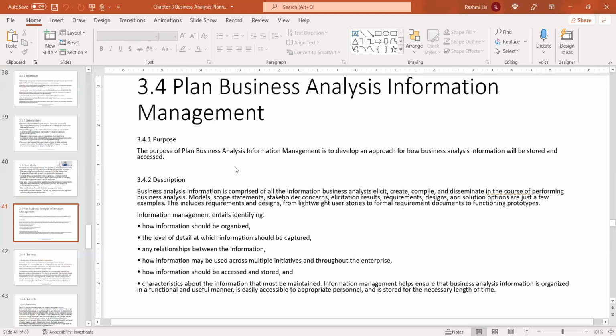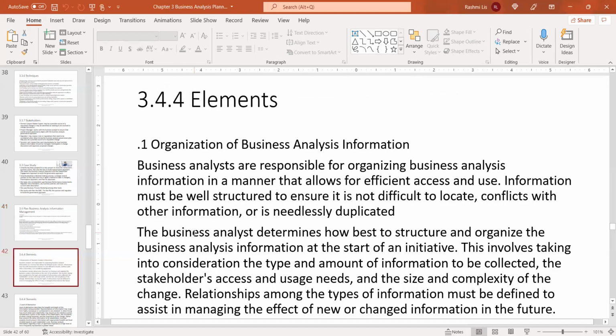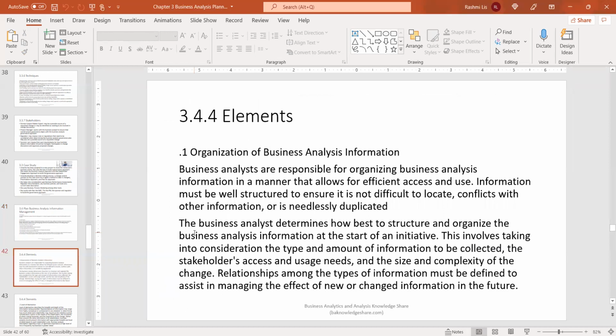Information management also helps ensure that the business analysis information is organized in a functional and useful manner, is easily accessible to appropriate personnel, and is stored for the necessary length of time. Some of the elements of this task are organization of business analysis information. So you as a business analyst are responsible for organizing business analysis information in a manner that allows for efficient